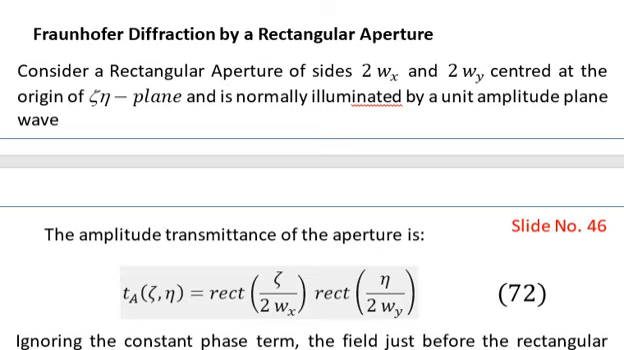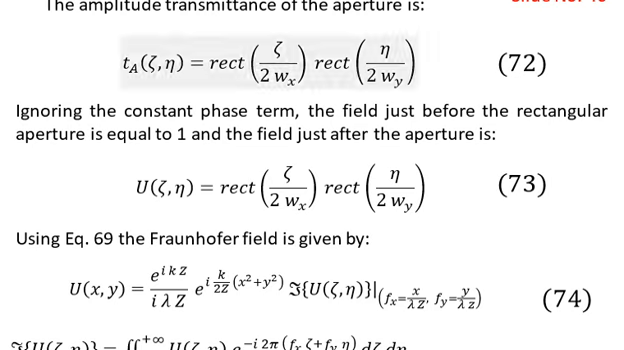which we can drop. So ignoring the constant phase term, the field just before the rectangular aperture is equal to 1, due to the amplitude of the plane wave, and the field just after the aperture will be given by equation number 73, because equation number 72 multiplied by 1 is the same as equation number 73. So now we have changed the labels on the left hand side. Rather than writing the amplitude transmittance as in equation number 72, we are representing it as a field just after the